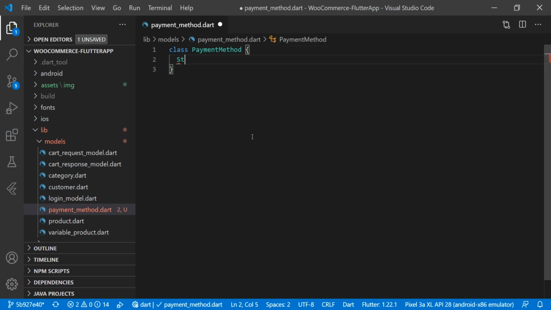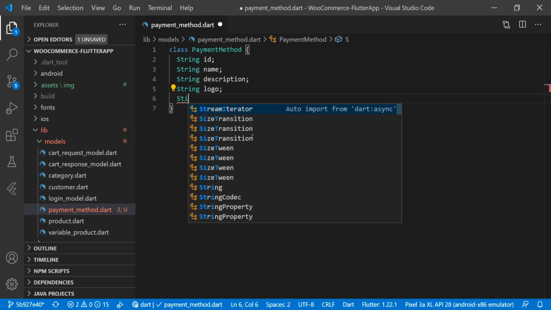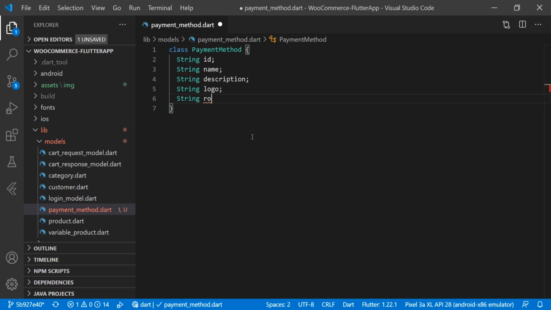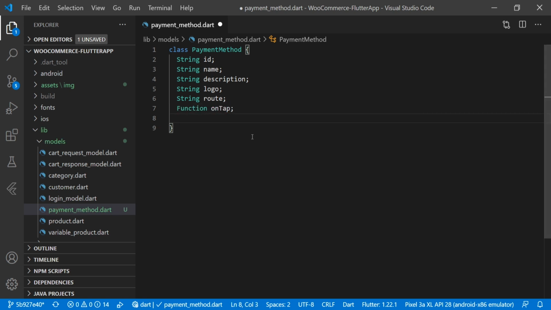First one is the id, then we will have the name, then the description, then the logo, then the route, then the function onTap, then bool isRouteRedirect.